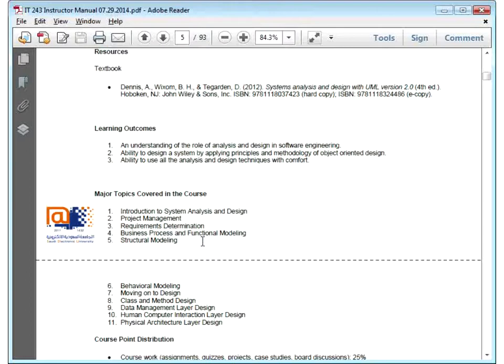Then you will be studying some diagrams. You will be making some modeling diagrams, like,